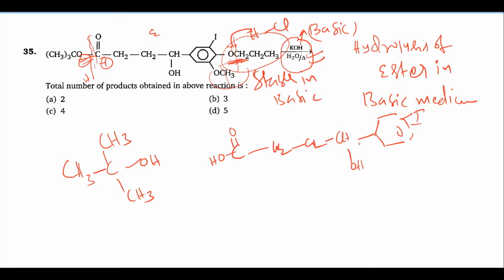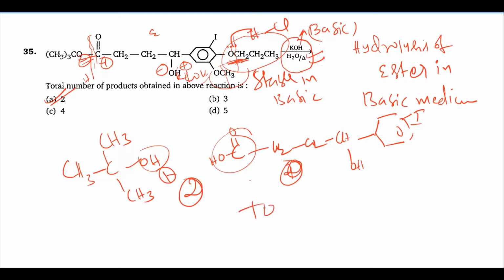Then here ester basic hydrolysis, you are going to get alcohol and carboxylic acids. So how many products are forming? Very simple question. Two products are forming. So option A is the correct answer. You have to know this is also an acidic hydrogen, but the product is not changing. This is KOH, meaning H and OH is eliminating, but products are two only. This is one product, this is another product. So total two products.